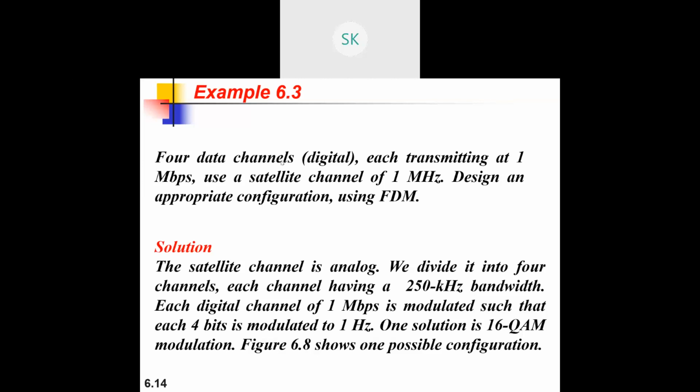Once it is transmitted, see here, band pass filter. As I said, either band pass or low pass you can use it. Here, a band pass filter has been used. With respect to that band pass filter, they have separated this signal, and it will be transmitted to each of the particular users who want to receive that data. This is a simple example that they have given. Understood? That's how it works with respect to frequency division multiplexing.